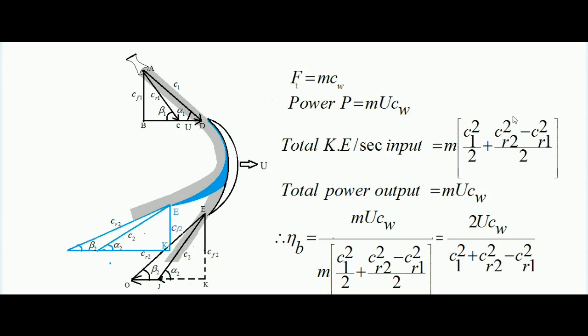So this is the net kinetic energy input to the blade: one due to this c1, m·c1²/2, and one due to the increment in velocity due to the dropping of enthalpy inside the moving blade, because it is an impulse reaction turbine blading system. That is the change in kinetic energy inside the blade, (cr2² − cr1²)/2, and of course m is also to be multiplied, but it is common, so it is taken out of the bracket. Now the total power output is m·u·cw, and blade efficiency would be the total power output upon the total kinetic energy input. We can cancel out this m, so ultimately we will get this formula. This is the general formula for blade efficiency of an impulse reaction turbine blading system.